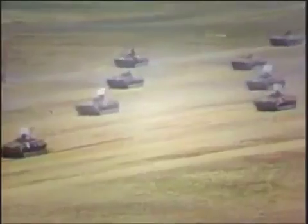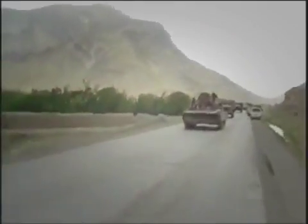Next up in our top 10 infantry fighting vehicles, a Cold War warrior from the Soviet Union that changed the shape of fighting vehicle design. The Soviet Bronovaya Mashina Piechota